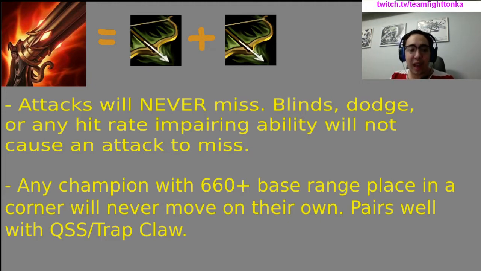The other thing to note is that any champion with a range of 660 or higher, if they're placed in either of the far corners of the map, will never move on their own, with the exception of being across from another champion with Rapid Fire Cannon. So that makes it so that this item pairs extremely well with a defensive item like QSS or Trap Claw. If you can surround a carry in a corner with a bunch of tanks, no one should ever be able